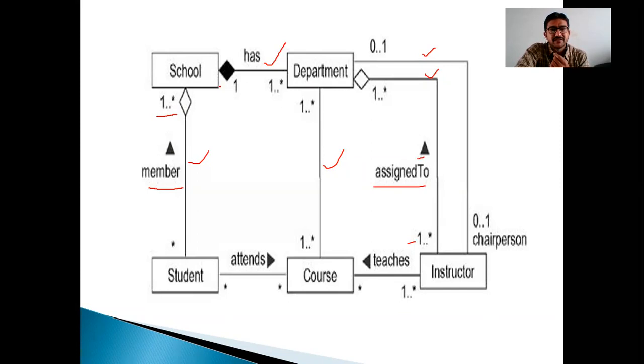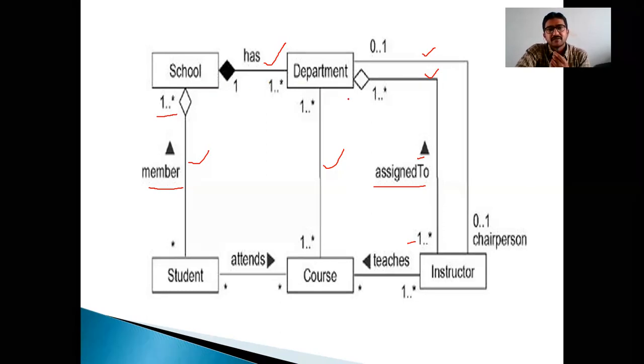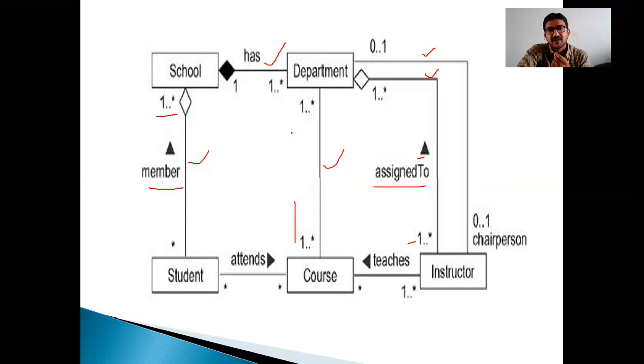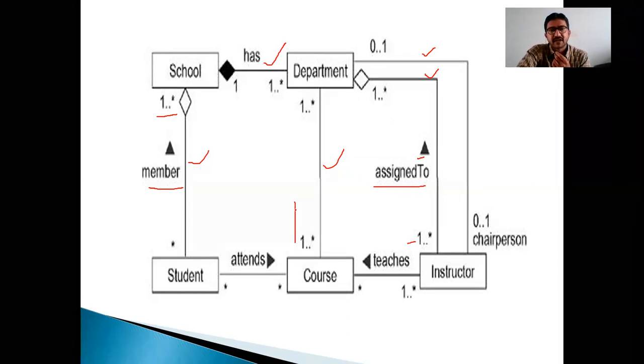One school means one school having one or more departments. Like in our college, we have different departments. Here we can call school a college for your understanding. One or more departments are there in a school. Now again, one or more departments have one or more courses. So one or more courses are offered by one or more departments. For example, you have a Python programming course. That course is offered by different departments. You have another course like Java. It is offered by different departments, not only IT, CSC, EC also offers it.